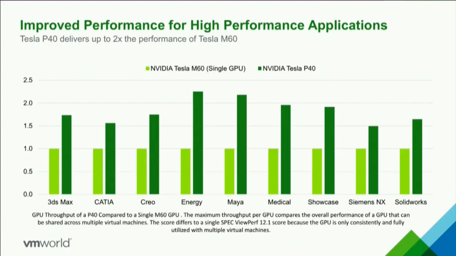And compared to an M60, if I take a single GPU, M60 having 2 and P40 has 1, and I run a single guest on that, and I run SPECviewperf, that's the performance difference. So a massive uptick in performance from going from Maxwell to Pascal. And so that's the starting point. But that doesn't necessarily mean that Maxwell isn't the right answer for other things. M10, M60, still very much a part of your solution.